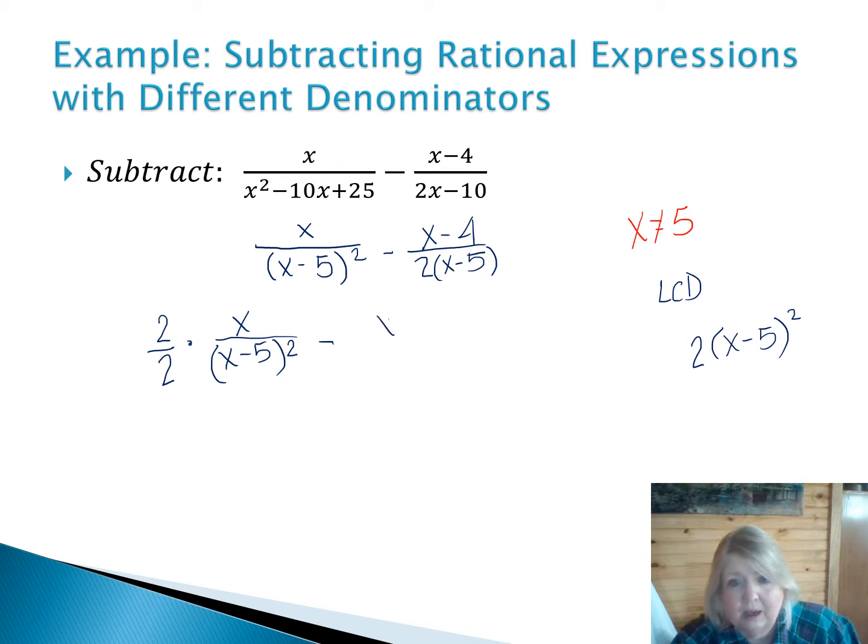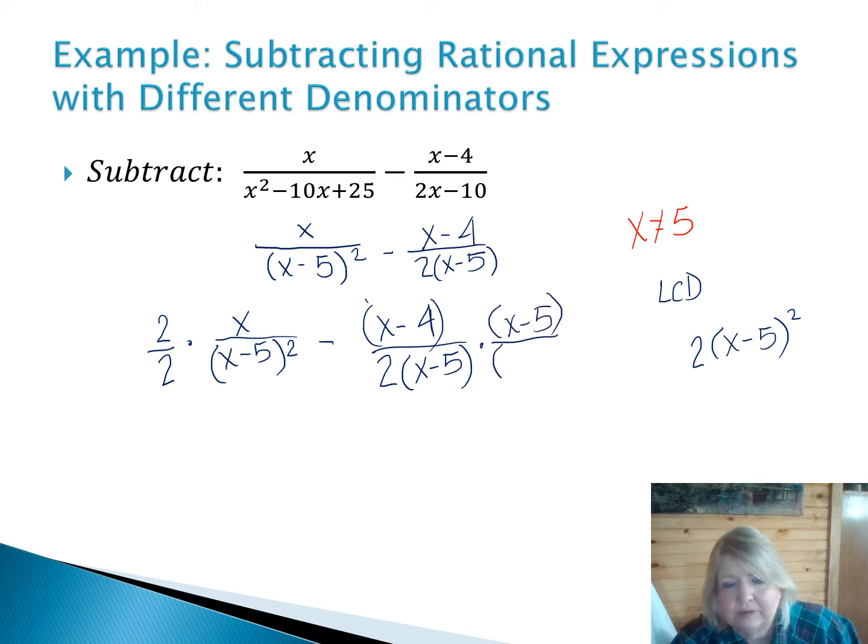So I'm also going to multiply it by 1 because I don't want to change its value, but in this case, the 1 is going to look like x minus 5 over itself. So I have multiplied both fractions by 1, in the form that I needed to make them have the least common denominator. Now that's going to give me 2x over my least common denominator on the left,